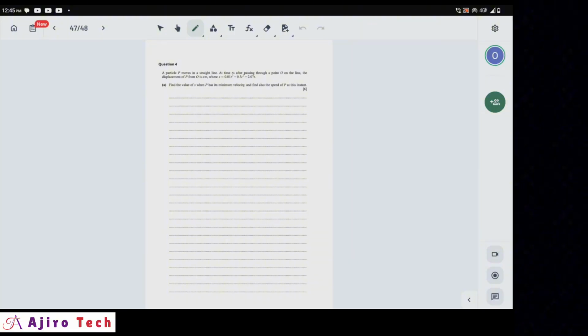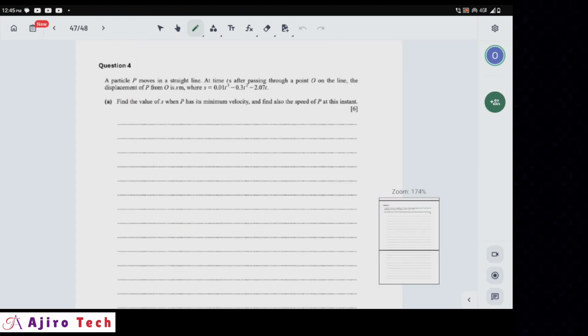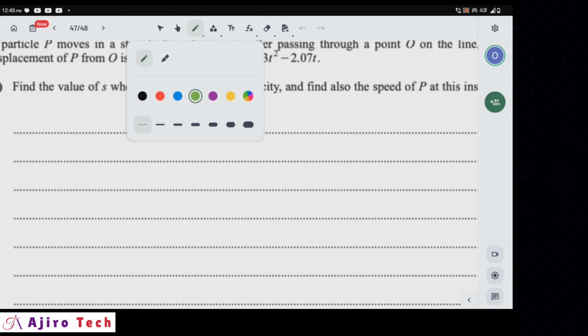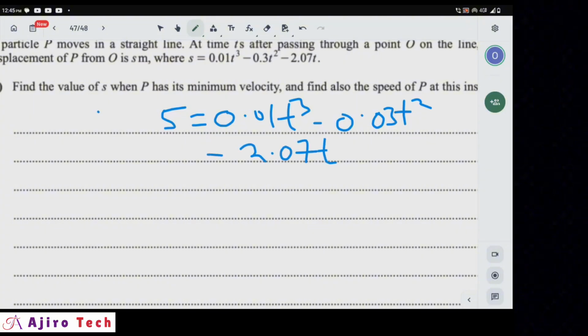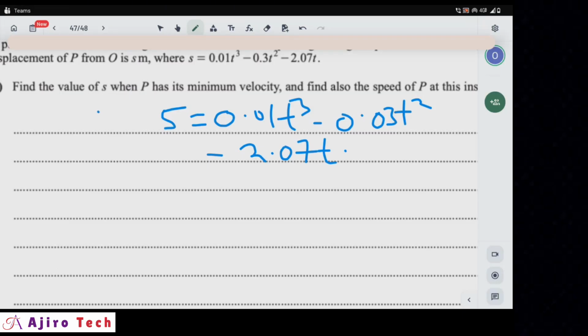So actually, what they're asking for, they've given us the equations for this. The equation given is x equals 0.01t^3 minus 0.03t^2 minus 2.07t. So they said we should find the value of x. I believe the students that will solve this question